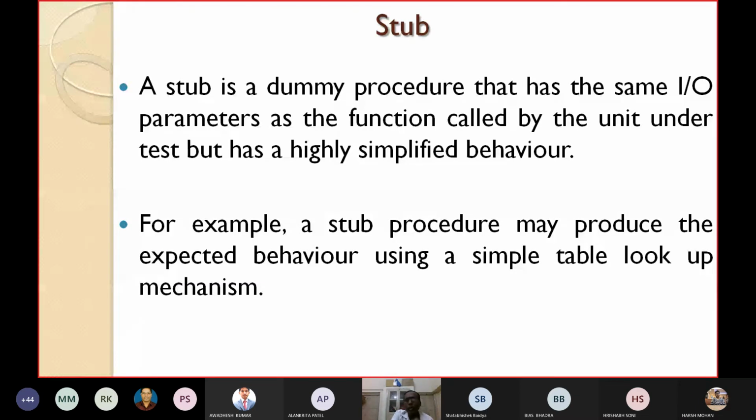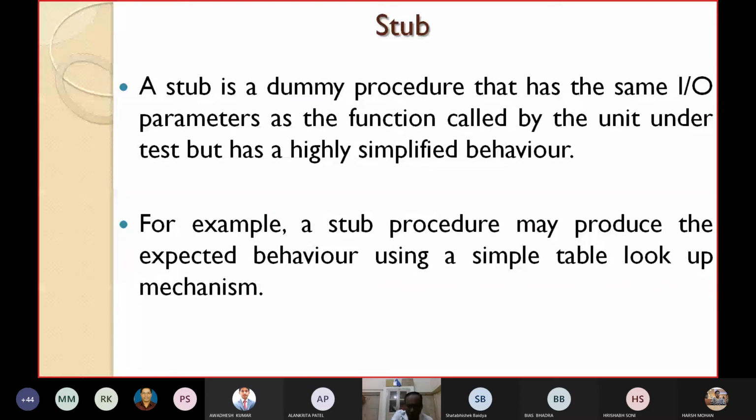For example, a stub procedure may produce the expected behavior using a simple table lookup mechanism. Suppose you want to sort something. You just use a simple table lookup mechanism to sort it, and that can be simulated.